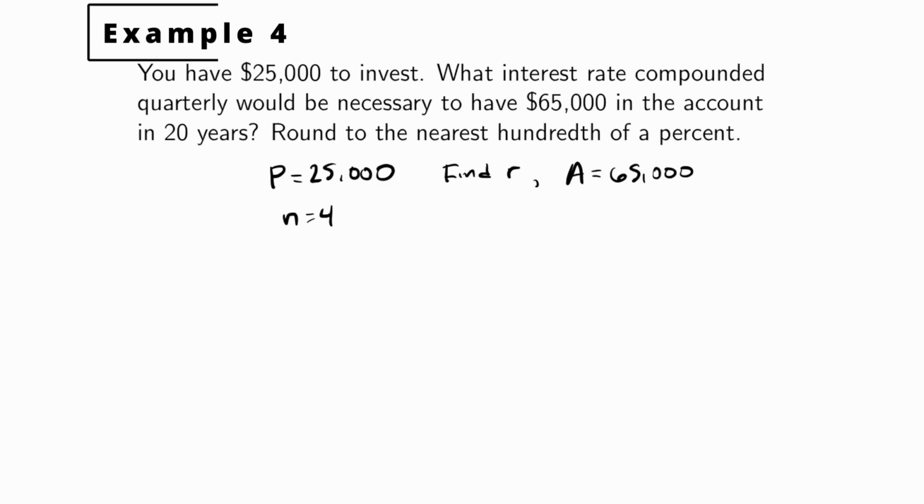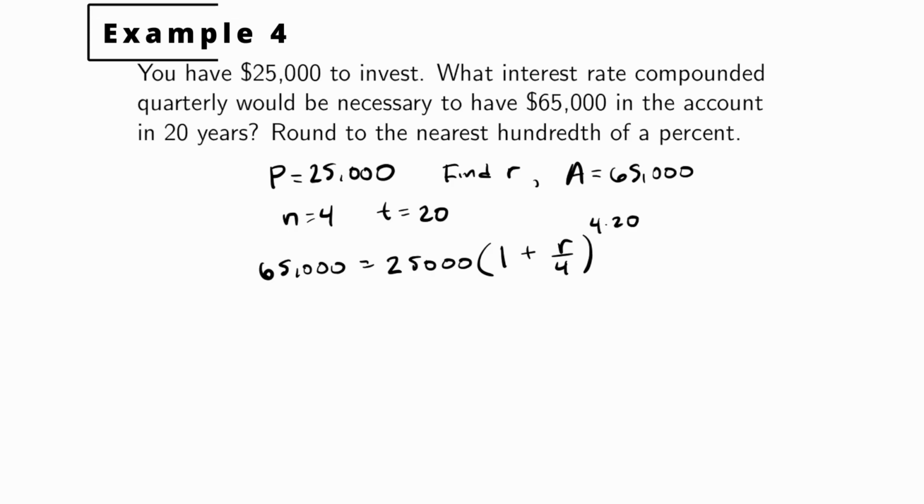And finally, our time is 20 years. So if we plug everything in, we get the following equation: 65,000 equals 25,000 times 1 plus the interest rate r over n, which is 4, to the 4 times 20,